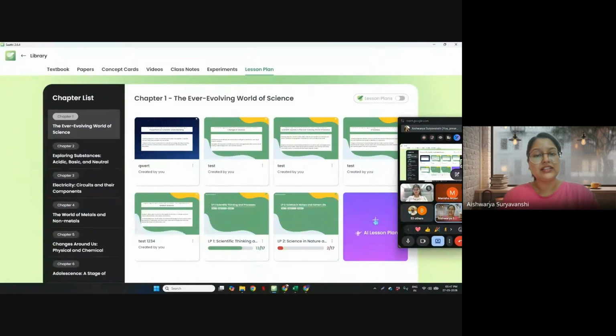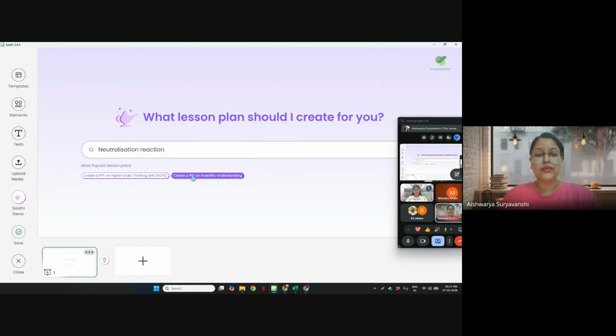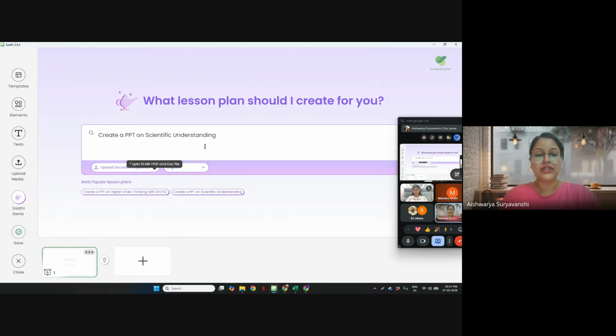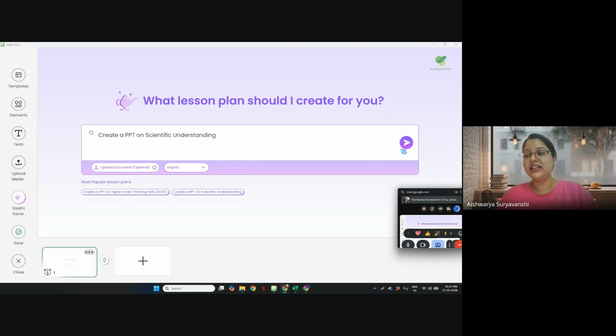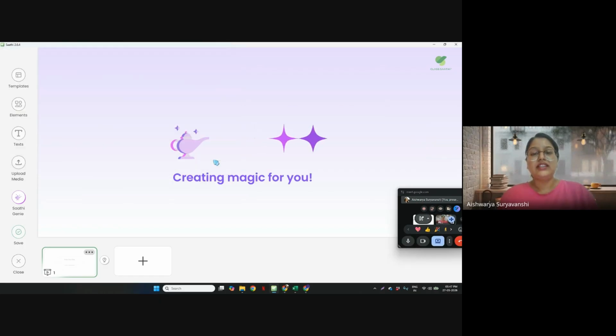And to create a lesson plan, of course the process is very same. Click on the add lesson plan button. There's a genie button over here. Simply give a prompt on any lesson concept. If you have any supporting documents related to that concept, you can also upload those, and then you can click on this generate option. So what it does, it creates around 13 to 14 slides for me on that concept, and it's going to be super easy.